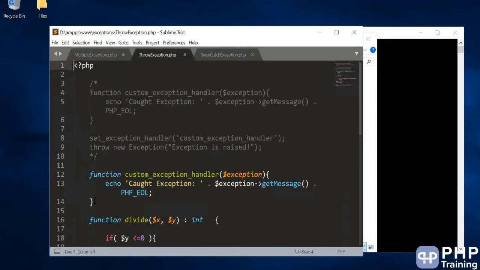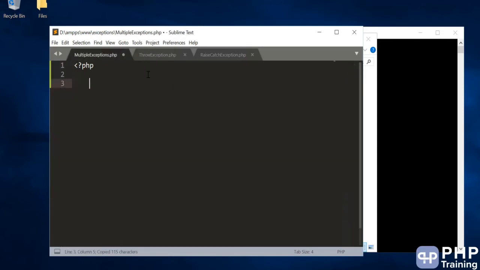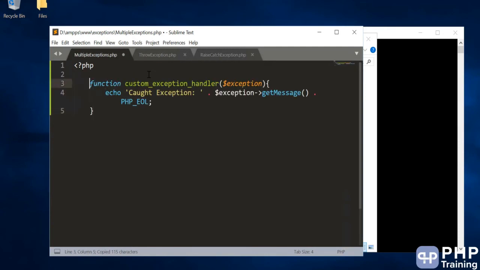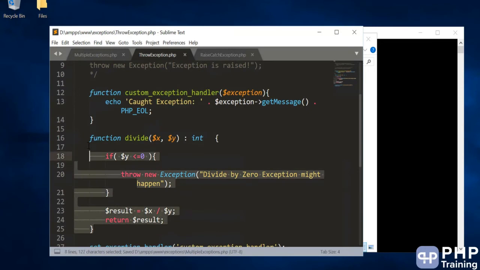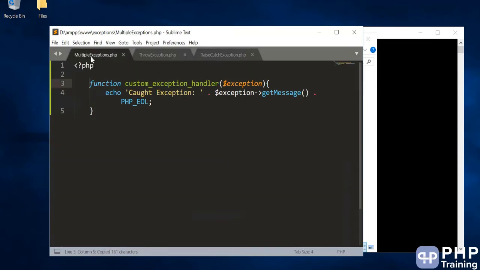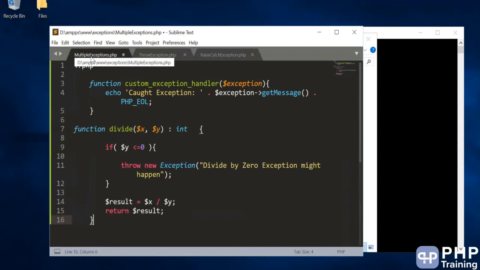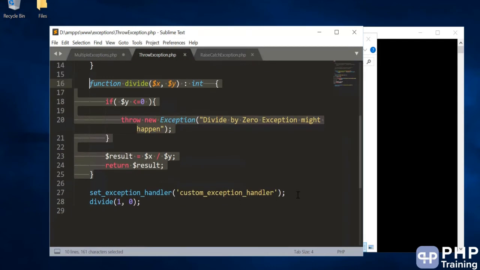So first we'll copy over the custom exception handler. Then we'll copy over our divide function. Then we'll set our handler.